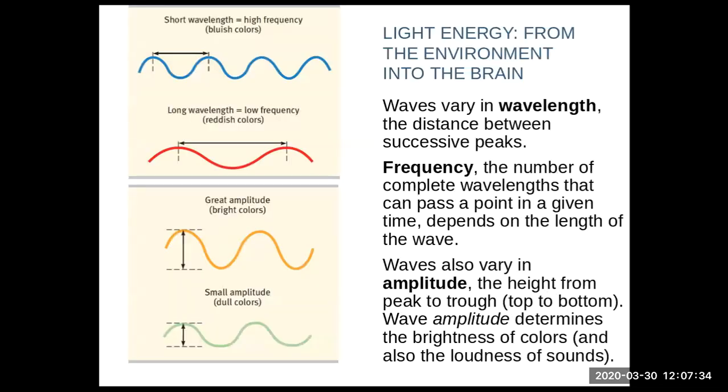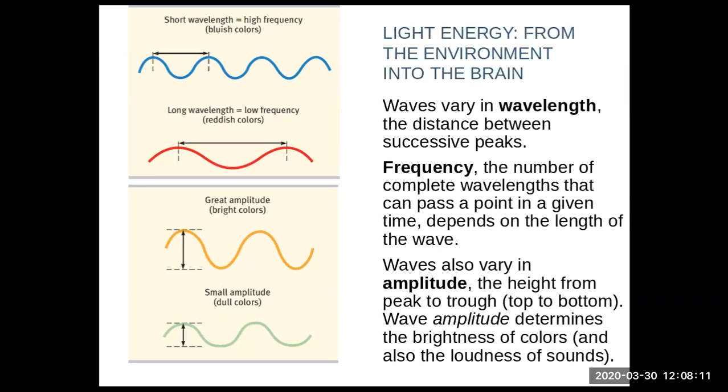So if we're looking at wavelengths, we can see that the waves vary in their distance between the peaks. Here you see in a blue color that the waves, or the peaks of the waves, are closer together than below it in red. Here we see the amount of waves that pass over a given time. Sometimes a wave is called a cycle, and we can look at how many cycles we see in 1 second. So if we were to look at the picture on the left and look at the blue, you can see the arrows, which are shorter than the red, from peak to peak.